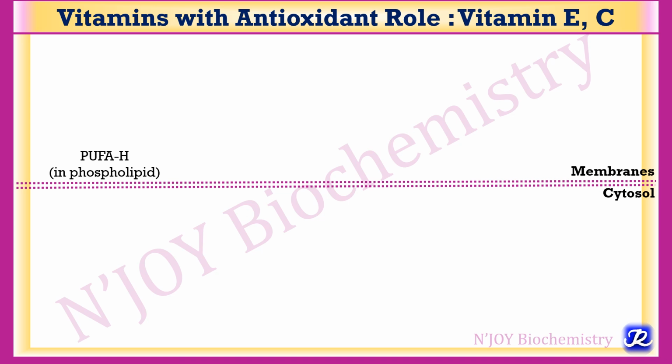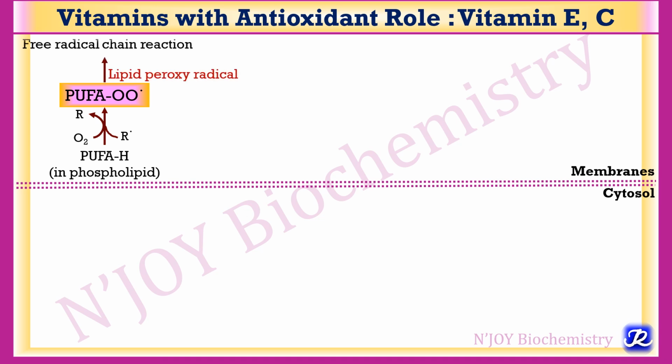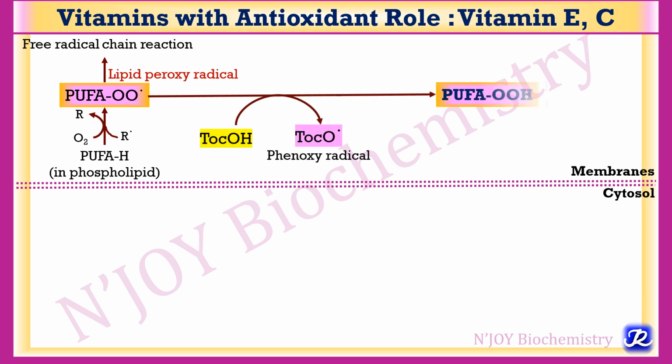We know that membrane phospholipids have polyunsaturated fatty acids, and these polyunsaturated fatty acids are susceptible to oxidant injury by free radicals. This is called lipid peroxidation, and there is formation of lipid peroxyradical, and this free radical chain reaction continues. But vitamin E breaks this chain of free radical chain reaction. It breaks this lipid peroxidation by converting this lipid peroxyradical into hydroperoxyradical. And in this process, the reduced vitamin E is converted into phenoxyradical, and that's how it breaks the chain